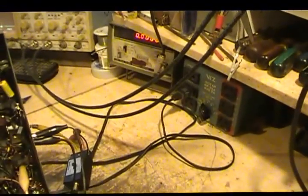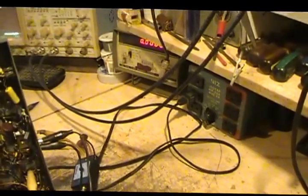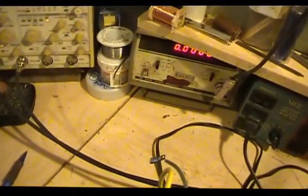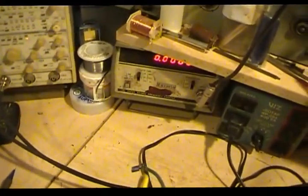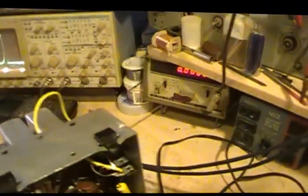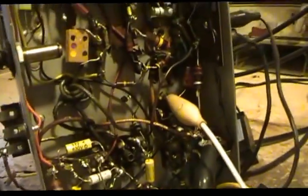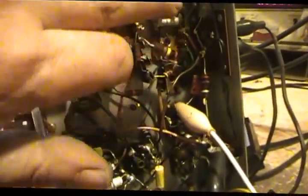So anyway, as far as the radio goes, last time when I left off, we had a problem with the gain, and I thought at first it might have been because every time I went down to reach for one of the cables down here and just move it a little bit, then it'd pop up. And of course we changed the cable and that didn't help matters any. Anyway, it turned out to be, when I started checking it out, the first thing I did was we were connected right into this area of the circuitry,